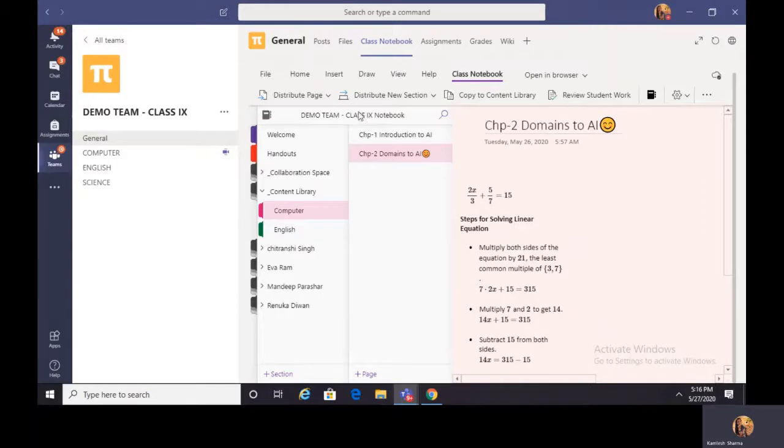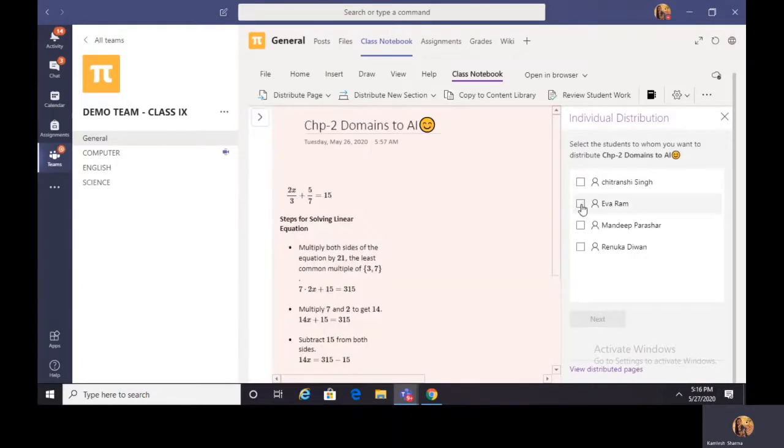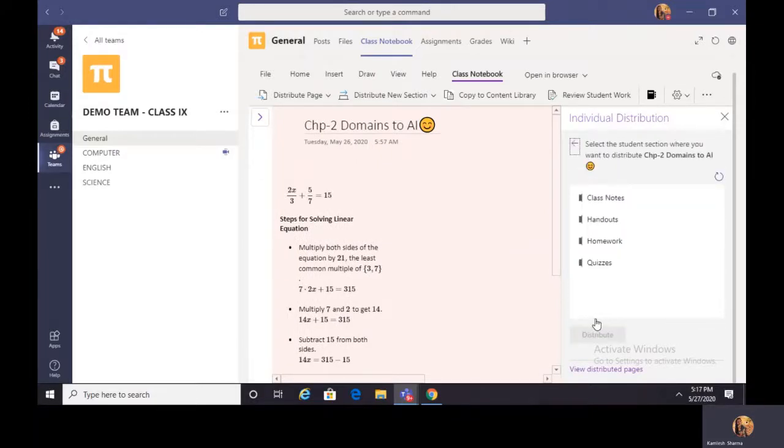So first you select that and go to the distribute page, click on individual distribution. Dialog box will appear in front of you. Say I want to send it to Eva Ram, so select that child and click on next. Now you have to specify the section where you want to send that page. I want to send it to the class notes. Select the class notes and click on distribute.